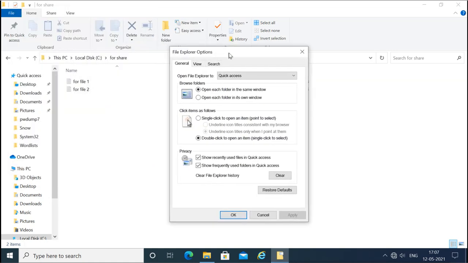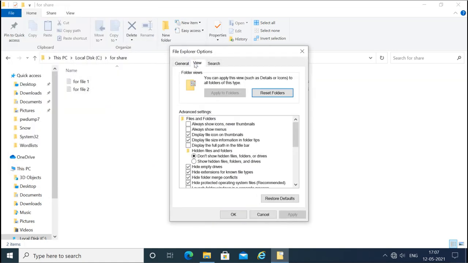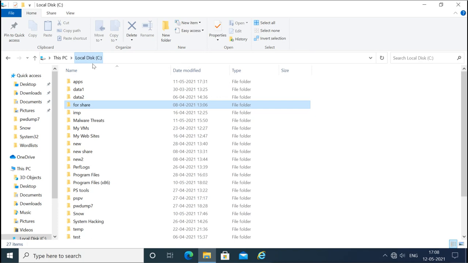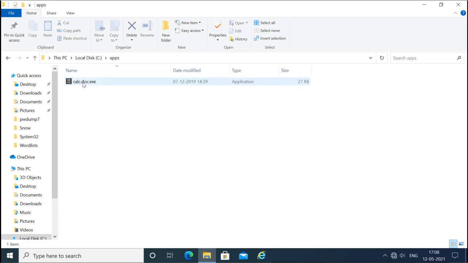So in File Explorer folder options, you will go to View and you have the option here to hide extensions for known file types. So you will deselect this, and now when you go to that file, you will see the name is kelsey.doc.exe and you will see the whole name. So now you know whether this is a document file or an exe file.